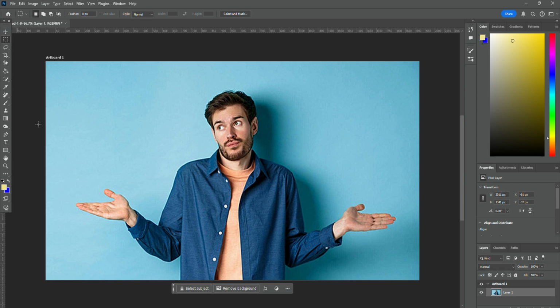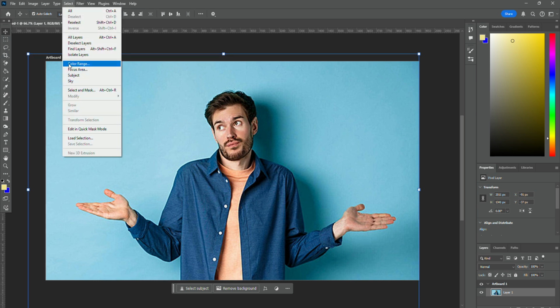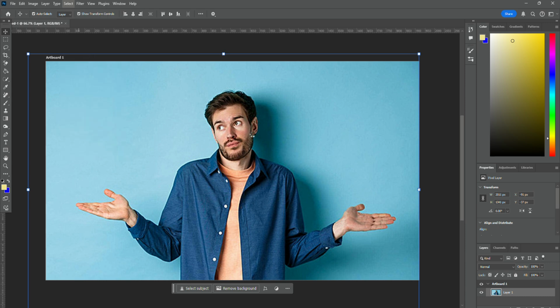Today I'm going to teach you how to remove the background of an image very easily with the help of Adobe Photoshop. To remove the background of an image, you first need to select the subject, and after that you need to